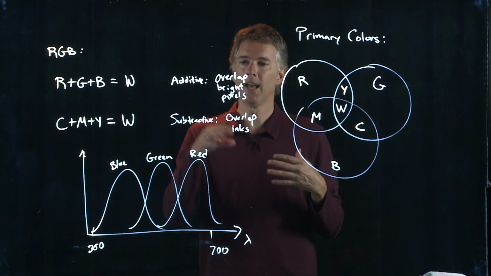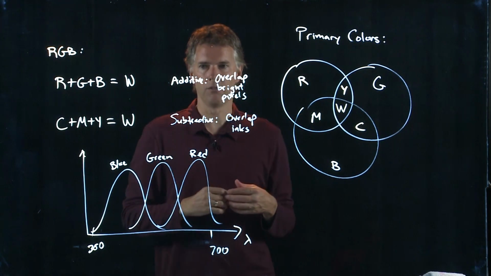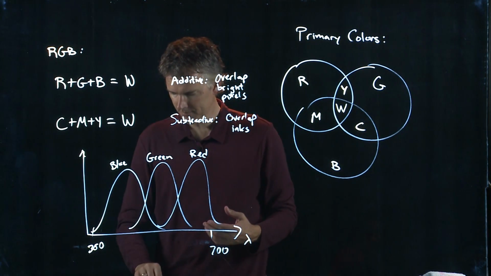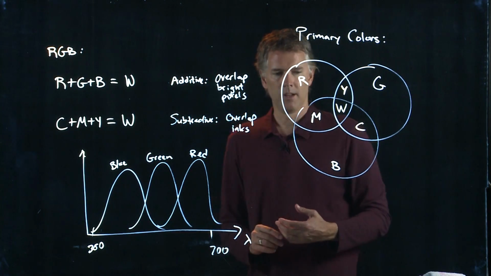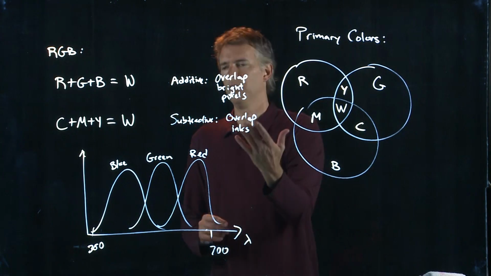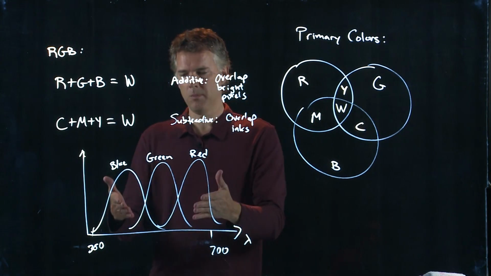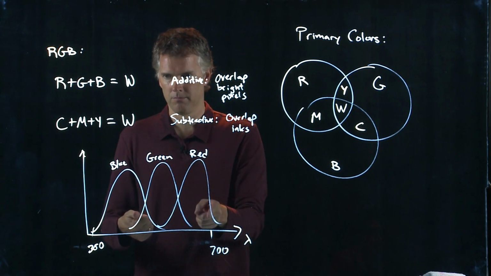It'll turn black, and that's subtractive. So these are inks. Additive colors are when you do bright beams, like the pixels on your computer monitor. Now it's kind of weird to think about, because if you look at your computer monitor and it looks white to you, when you take a spectrum of it, if you take a monochromator and look at the spectrum, you will see this.